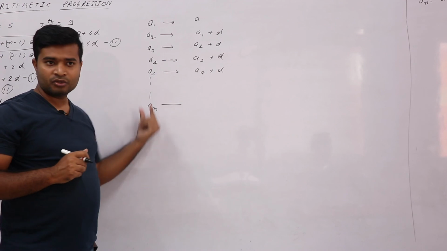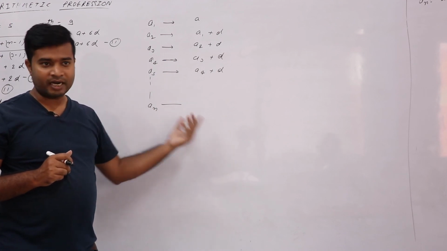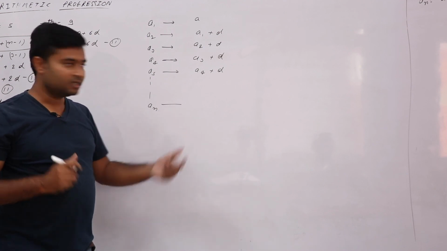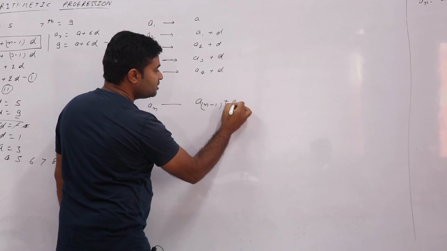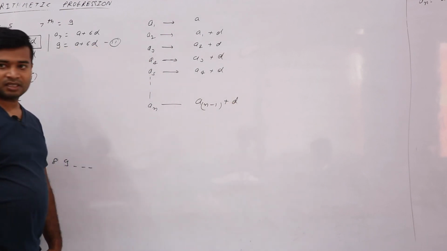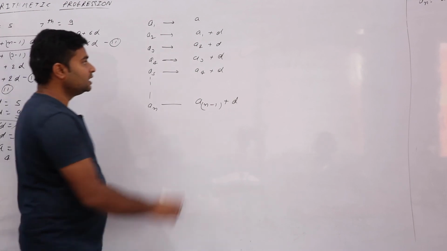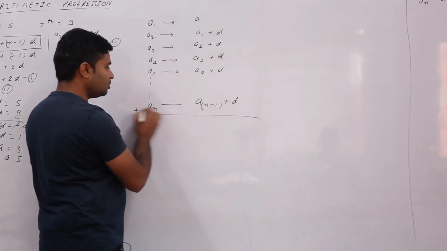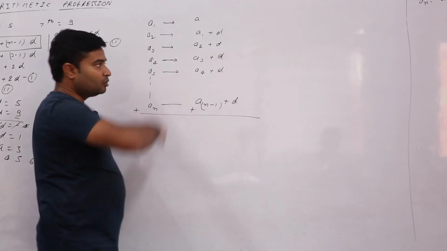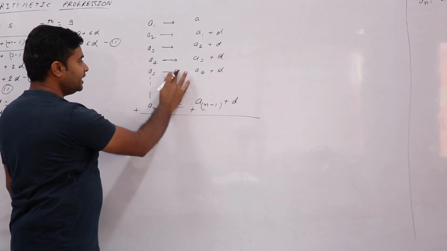Yes or no. So here n is there, so here n minus 1 should be there, yes or no. Whatever term we should do minus 1, means a n minus 1 plus d should be there, d. Yes or no. Yes, sir. Acha, now add it all, correct na. So a1 a2 a3 a4 directly it will be a n only, yes or no.